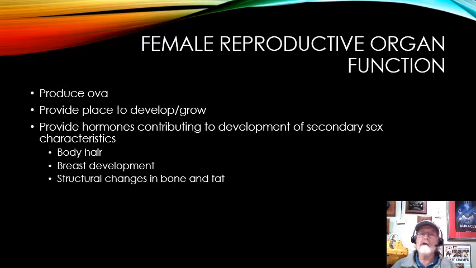What the estrogen does in the female reproductive system is that at the beginning of each menstrual cycle, at the beginning of each month, the estrogen levels will increase as well as the FSH levels. What that does is increase the thickness of the inside lining of the uterus, which is called the endometrium. We'll talk about that a little bit later. As a result, the inside lining becomes more acceptable for implantation of an ovum, should that ovum become fertilized, like we talked about in our previous PowerPoint discussion.